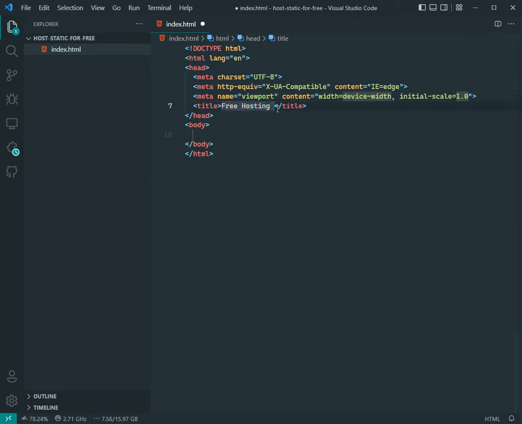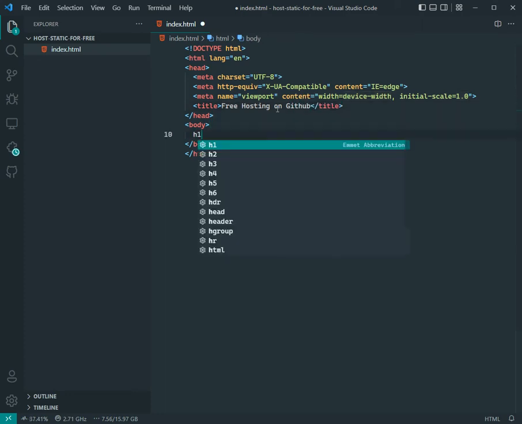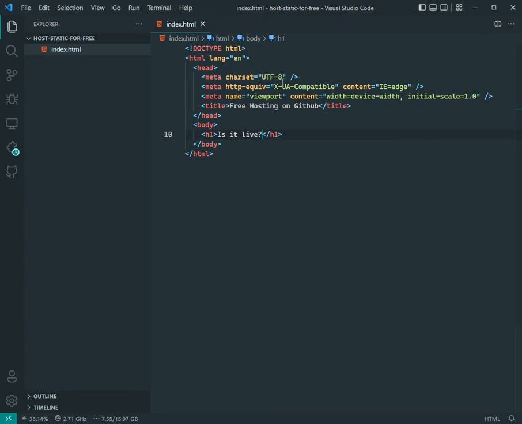Free hosting. We're going to put an h1 inside there, and what I'm going to do is push this to